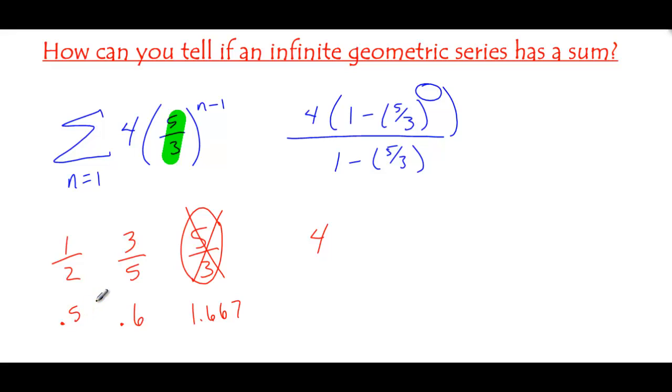Okay, if I multiply by 1/2, the number is getting smaller. So that means my next number I'm adding would be smaller. Then the next number would be smaller, half as big, and then half as big. So if I keep adding numbers that are smaller, I'll eventually get to some